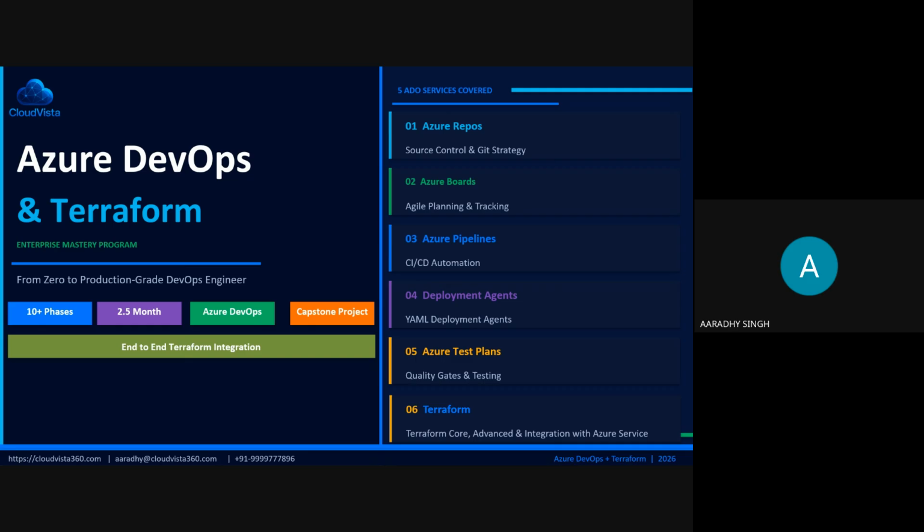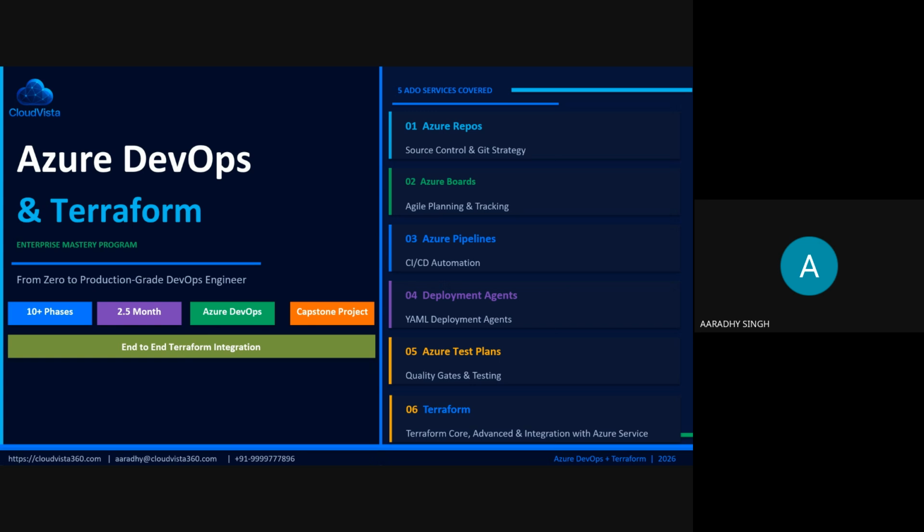In fact, it's not a cloud. If I'm talking about the on-premise infrastructure setup, it was taking too much time. Engineers had to manually configure servers, networks, and deploy everything. Today, with tools like Azure DevOps and Terraform, the same infrastructure can be created in a minute using the